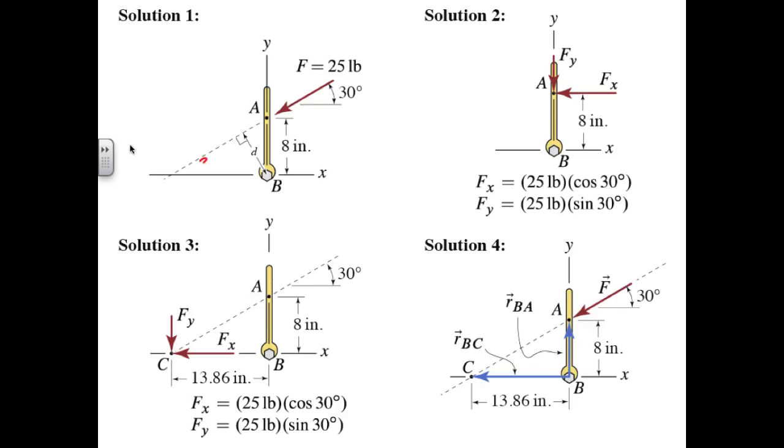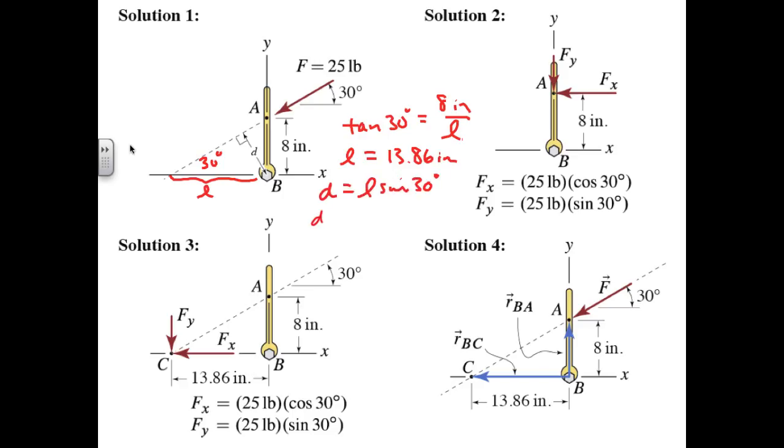We have a 30-degree angle here, and if we define this distance as L, we can see that tangent of 30 degrees is equal to 8 inches over L. This gives us that L is equal to 13.86 inches. The distance d can then be found from d equals L sine 30 degrees, which is equal to